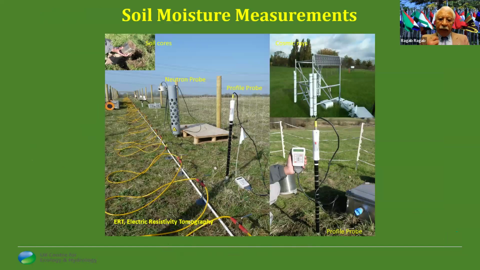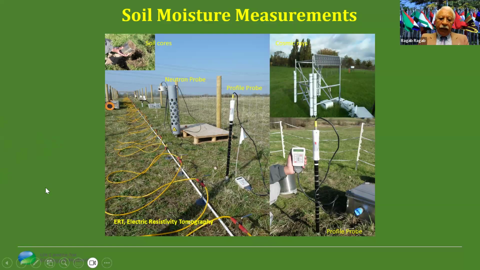How did we start measuring the soil moisture? We started with soil cores, like everyone else. Then we moved to the neutron probe. But because of that radioactive sign label, the Environment Agency in the UK prevented us from using it, and they were discouraging us from taking it unless we had that label on the Land Rover, and we had to train people how to hold the neutron probe so the radioactive source should be away from their bodies. So there were some health and safety issues with the use of the neutron probe.